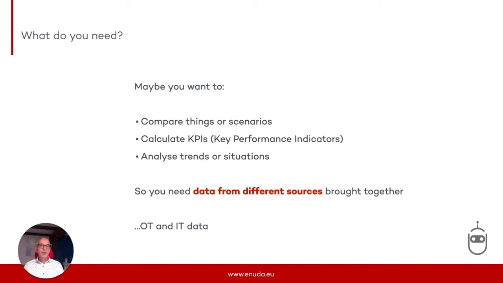And what we talk about here is both OT and IT data. OT data is the data that comes from the factory floor, from your machines and all your equipment on the factory floor. And IT data is all other types of enterprise data. It can be anything, from your databases in the administrative layer, or external data like commodity prices, weather information, or whatever. But basically at the end of the day, what you want to do is bring data together from multiple data sources, OT and IT data.